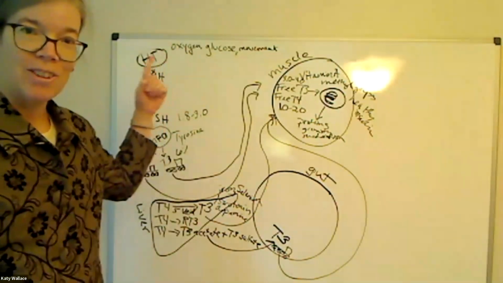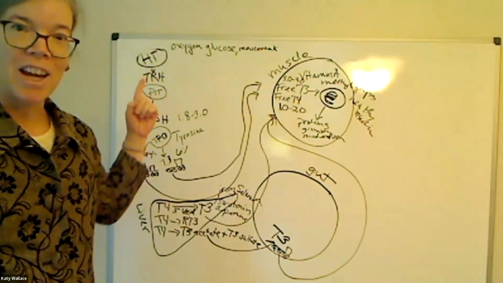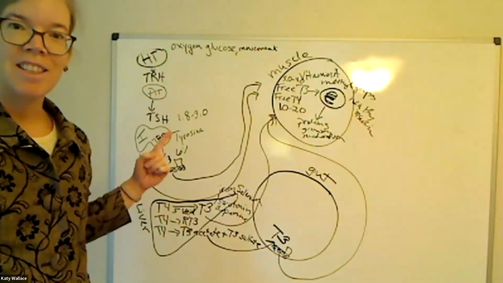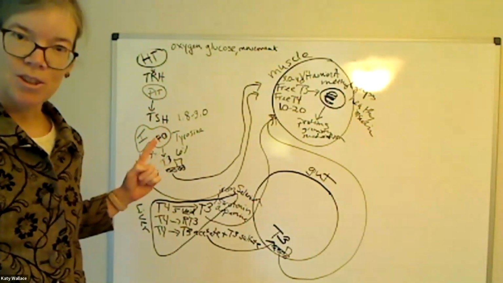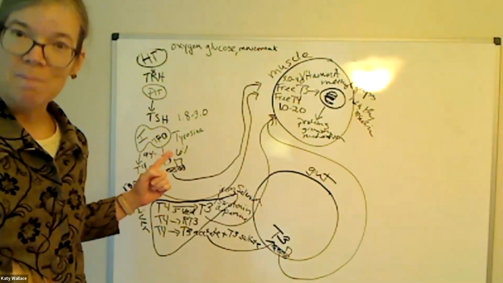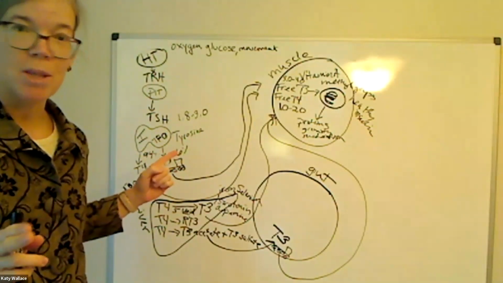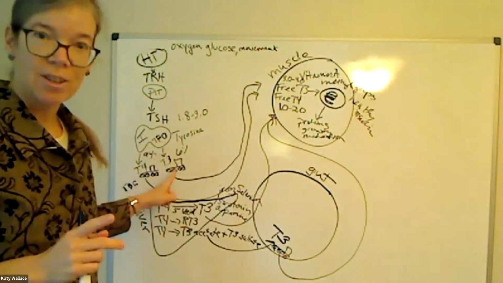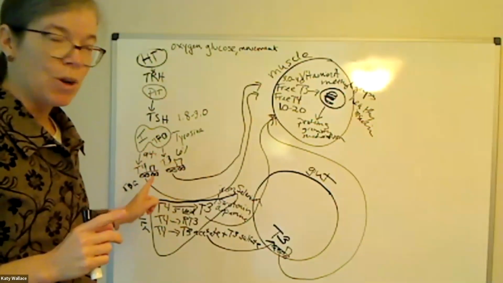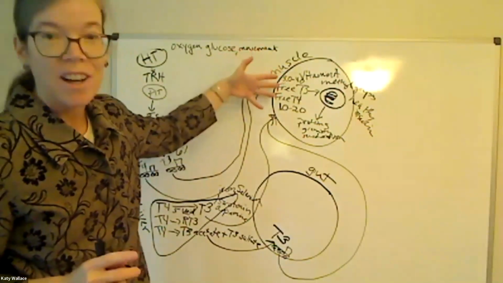Okay, so it starts in the hypothalamus. Hypothalamus makes a hormone TRH, sends a message to the pituitary gland to make TSH. TSH goes to the thyroid, where the thyroid can use iodine, sodium, tyrosine, and the TPO enzyme to make T4 and T3. It makes a little bit of T3 and a lot of T4. That gets circulated on our tractor trailer thyroid binding globulins to the cell,